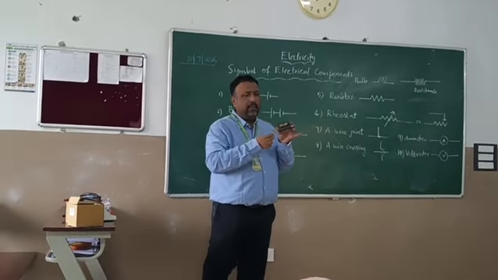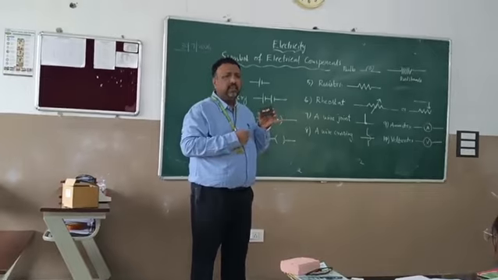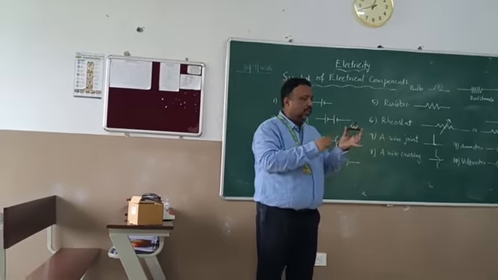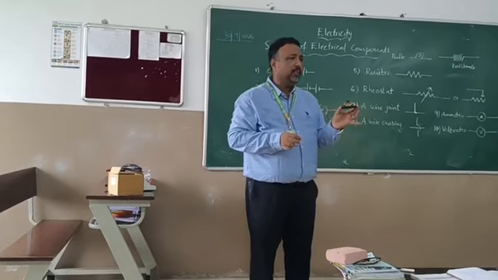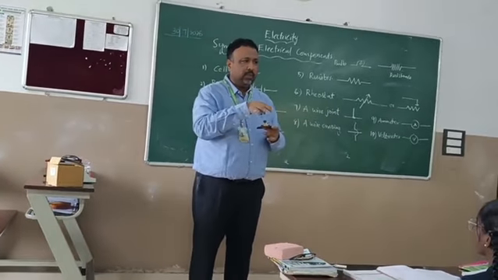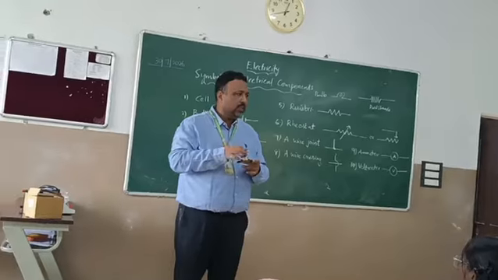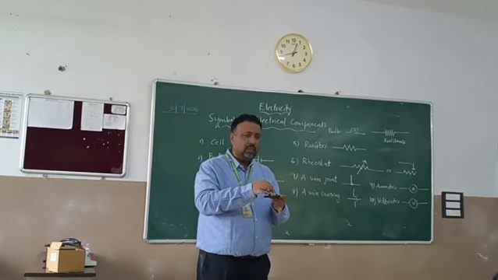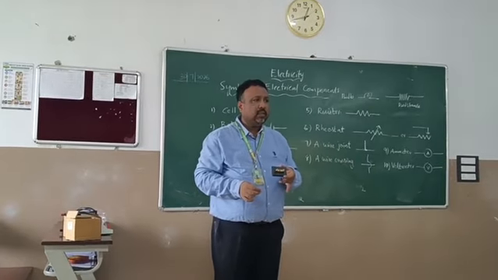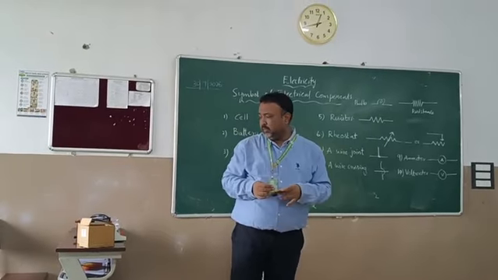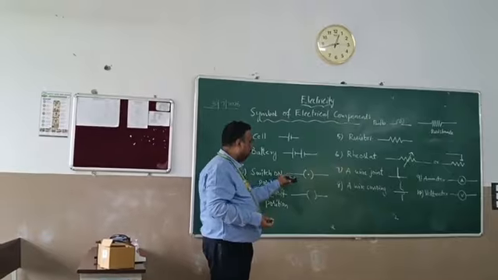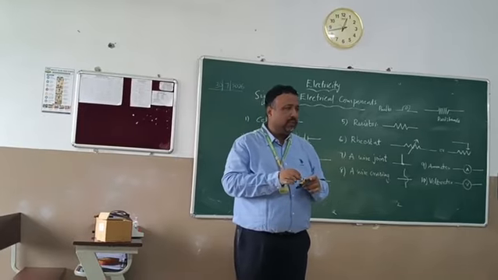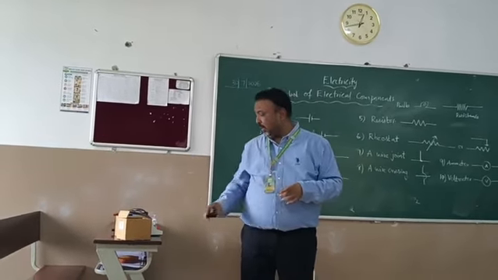What happens when there is a gap between the two conductors? Electricity will not pass. When I make this connection, the empty gap is filled with this. Now in the circuit the electricity will flow. Isn't it? We can insert it and we can remove it. Once we insert it, it's called on. When we remove it, it's called off. Are you understanding? This is what you have to understand. The symbol is very simple, but realistically it is different. So you have to develop some ideas in your mind.